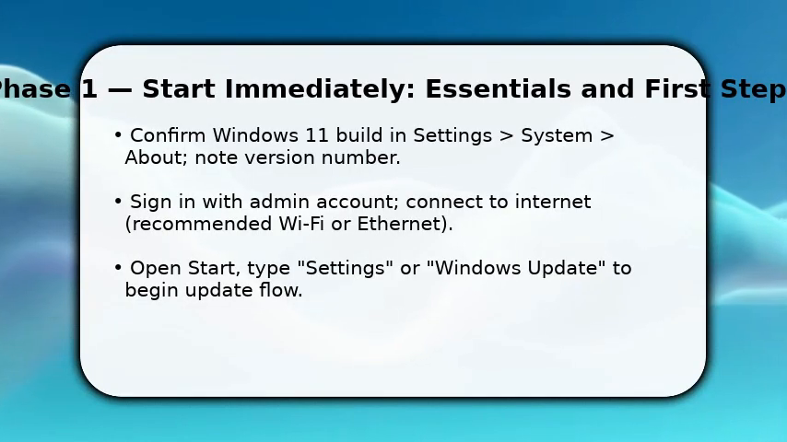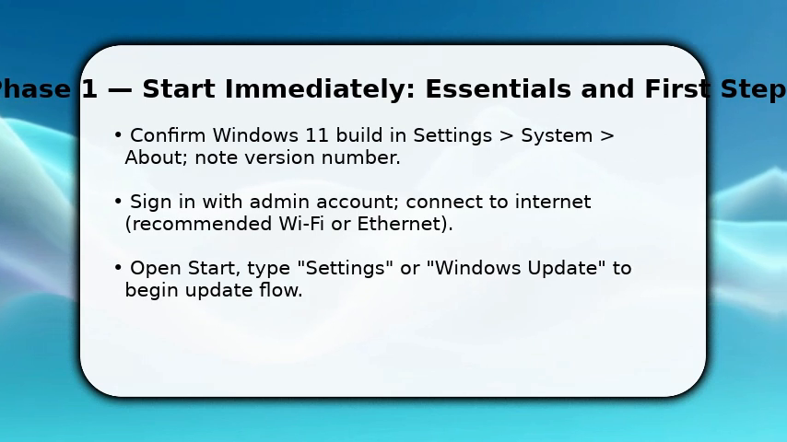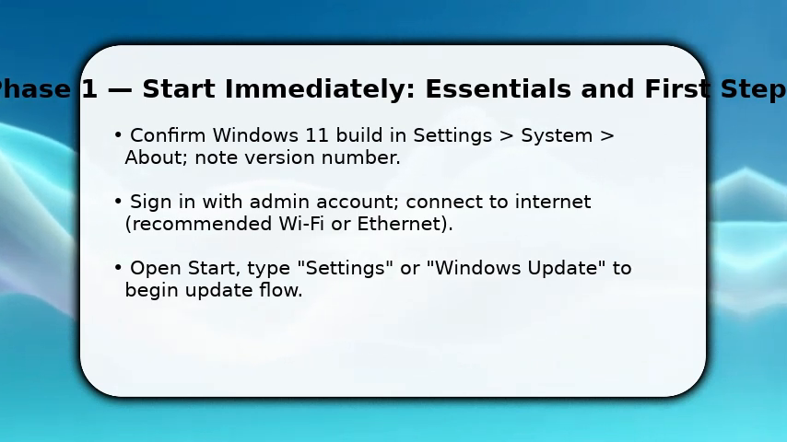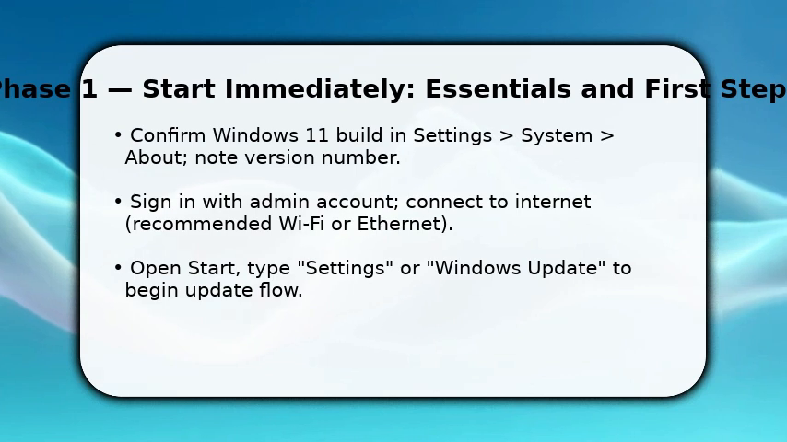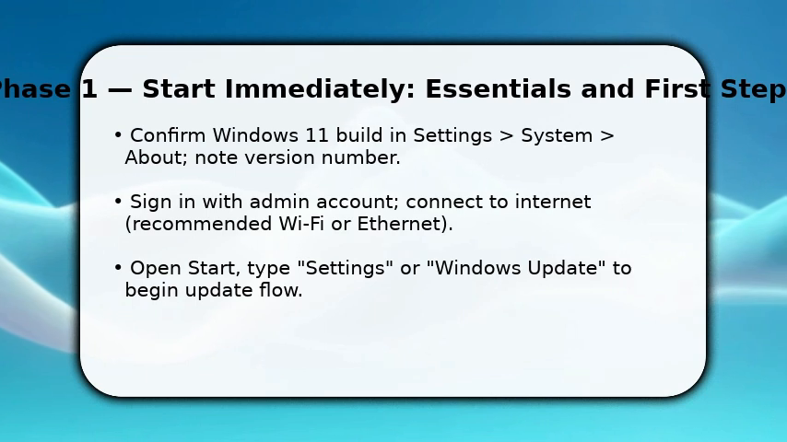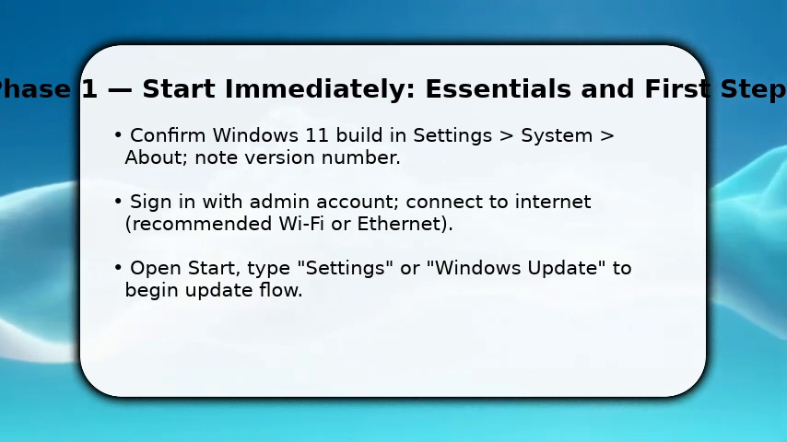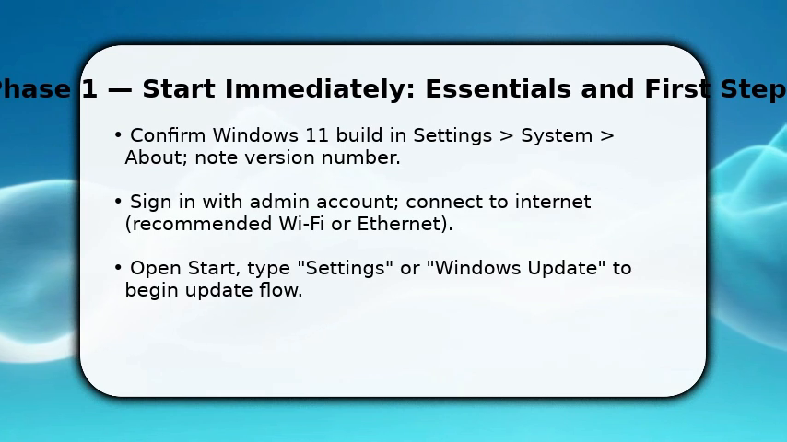You start by confirming prerequisites. Make sure you're on Windows 11 and signed in with an administrator account because only admins can install optional app updates. Once done, connect to the internet, Wi-Fi or Ethernet, and open Settings from Start or type Windows Update to get there fast. This matters because updates for built-in apps like Windows Media Player are delivered through the OS Update